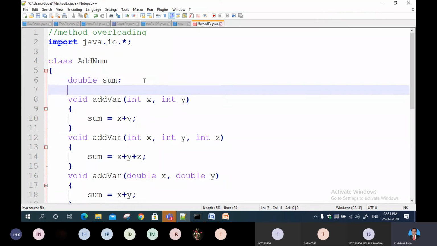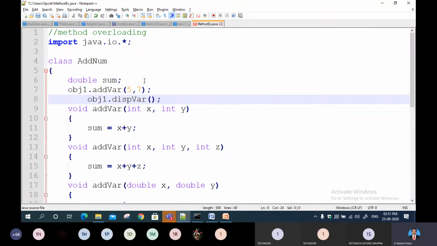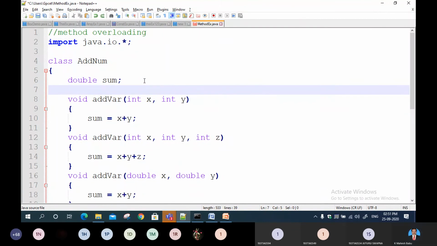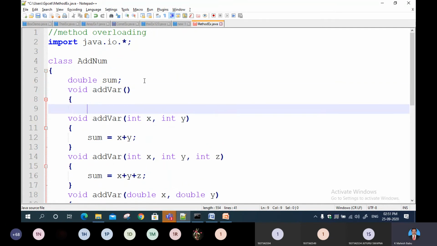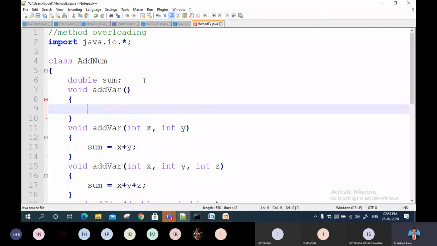Sometimes, for example, you may write one more method with the same name without any parameters. Without any parameter also you can mention. Sum equal to 0.